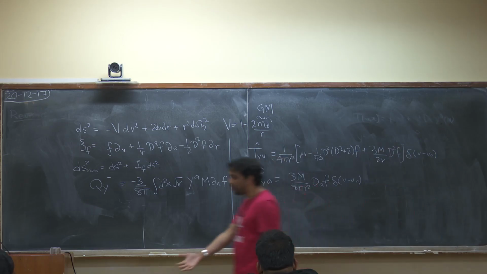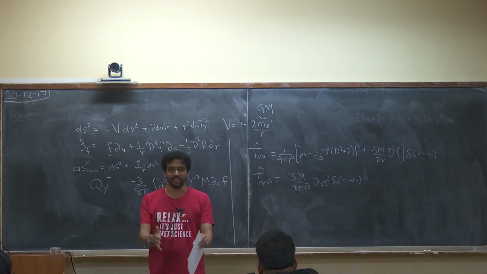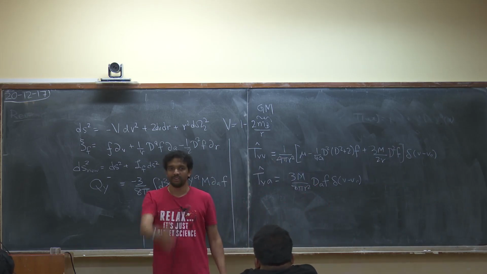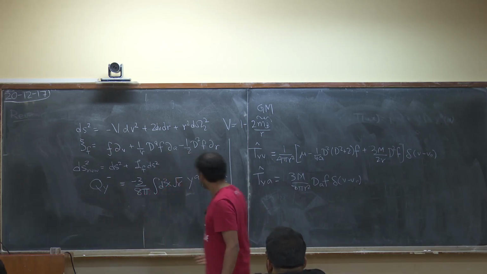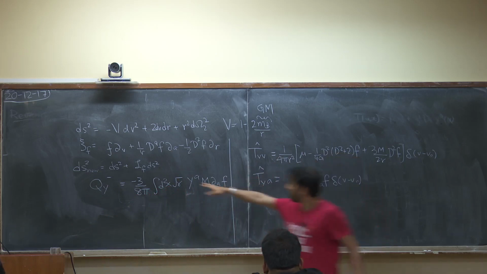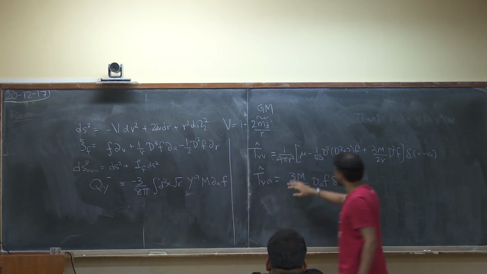A Schwarzschild black hole you can create, as you know, using the Vaidya kind of thing. You just send in a null shock wave with some particular mass, and after you do that, that creates for you a Schwarzschild black hole. Here, this super translated black hole you can construct by sending in this shock wave.